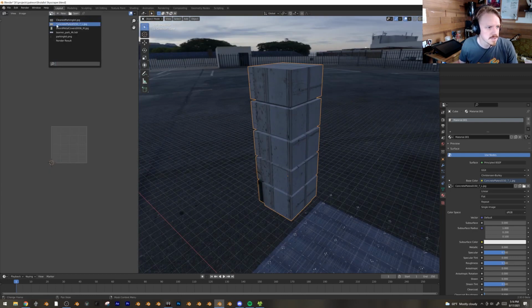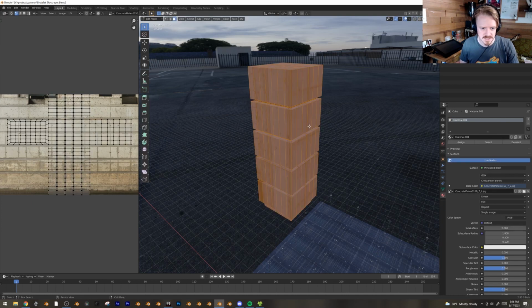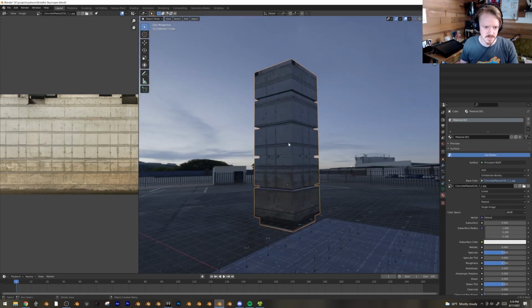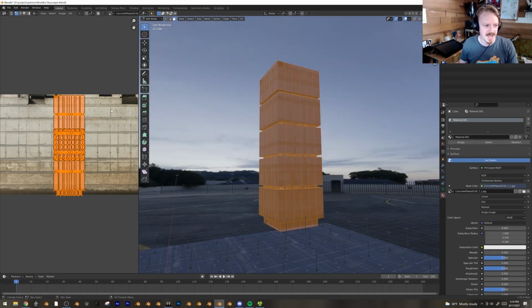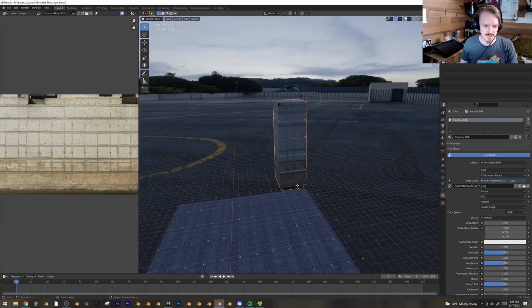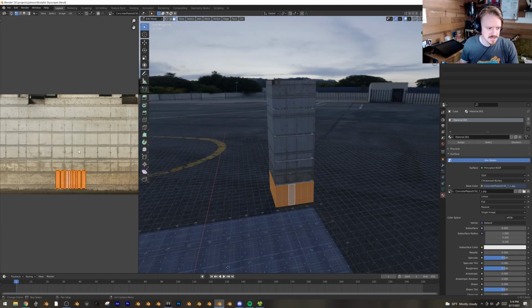Bring up our concrete. Just select all of this and hit U, cube projection. And now it's doing its own thing. That's actually kind of cool. I kind of like that. I might even like that more than what I was gonna do, which was take all of these and